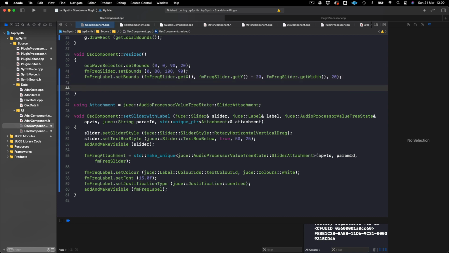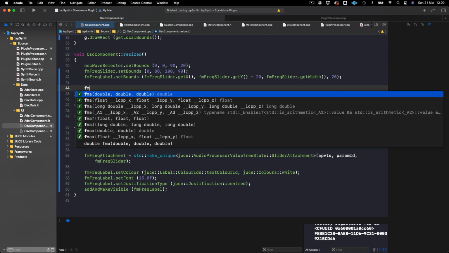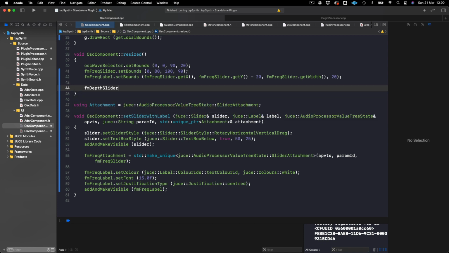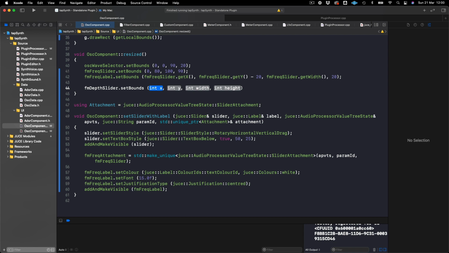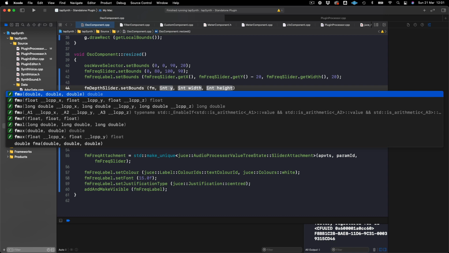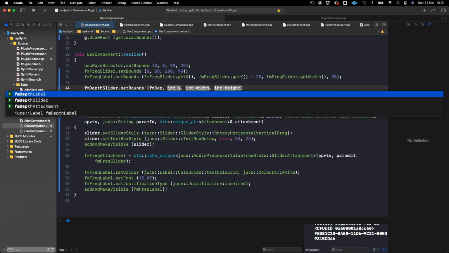So now, once again, I could do this same type of thing where I subclass component and put a label and a slider together, but in the interest of time, I'm just going to do this very quickly right now. So set bounds. Now I want to draw this to the right of the frequency slider, and so I could once again use the position of the other slider to show where I want to set this slider. So we could do FM freak